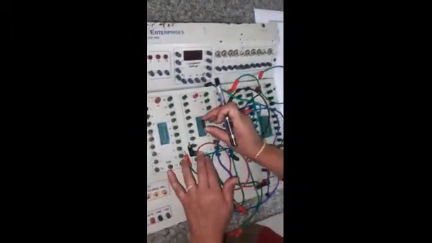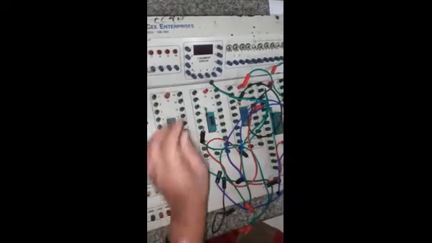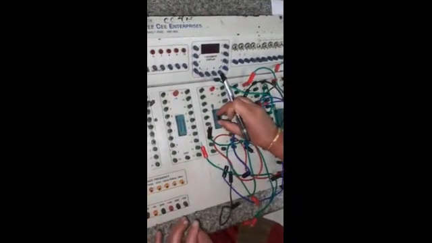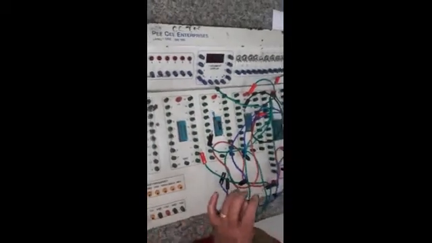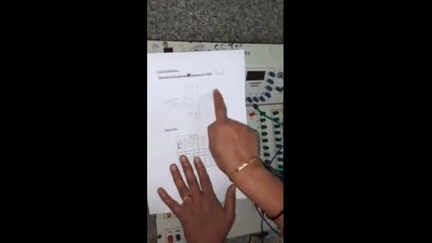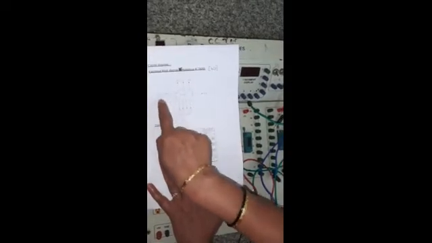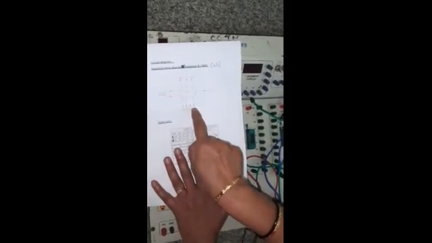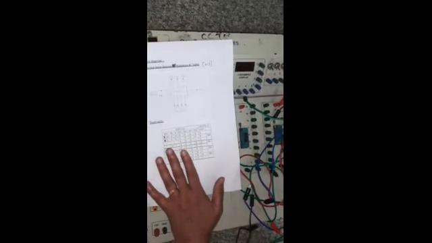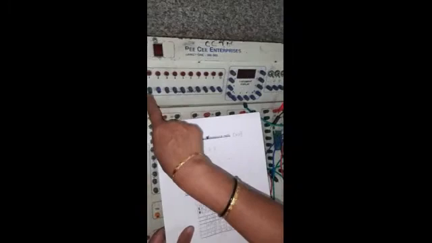This IC will be mounted on the IC base. We are mounting the IC on the IC base and locking that. So it is fixed firmly now. I'll be doing the connections for the multiplexer. We have 4 inputs and it has got only 1 output. The 4 inputs and the select input for selecting one of the inputs will be connected to the logical input switch. The output will be connected to the logical output.